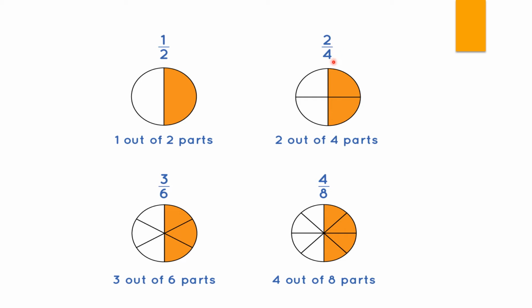So divide 2 by 4. Both of them come in the table of 2, so it will give you the fraction half. Here also in the third figure, 3 upon 6, if you divide both the numerator and the denominator by 3, you will get the fraction half. And in the last one also, 4 by 8, if you divide both of them by 4, you will get the fraction half. So actually you can find an equivalent fraction for any given fraction.